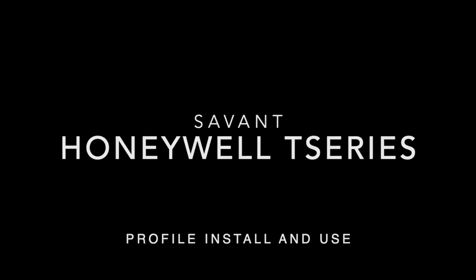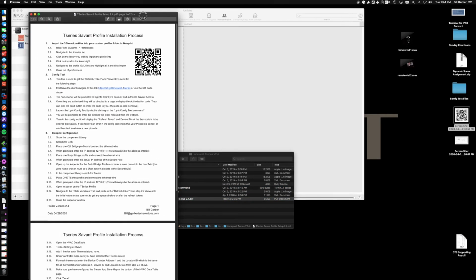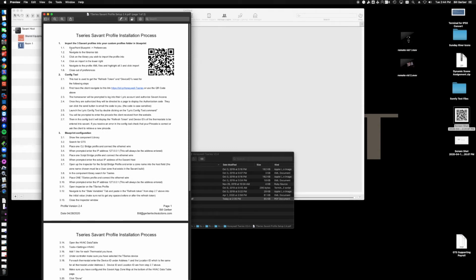Once you've purchased that profile from me, you'll get a zip file that will have three profiles in it, along with an installation document and a little Honeywell config tool. So we'll start off by going to the installation document. When we open that, we're going to make sure that we follow these instructions to a T. I have a lot of details in here that will help you through a lot of these